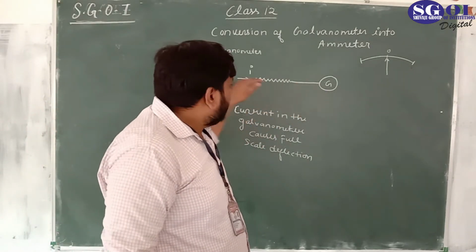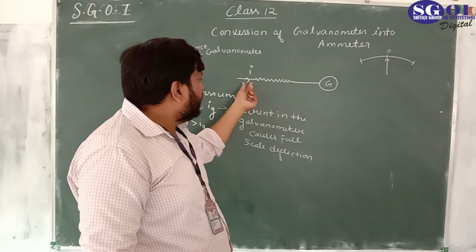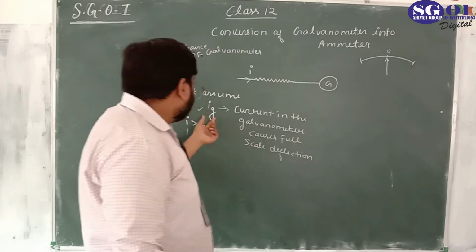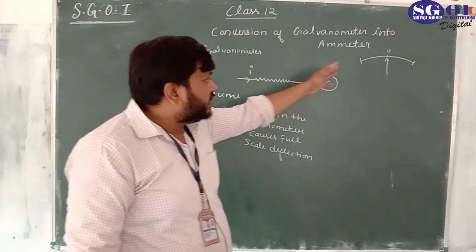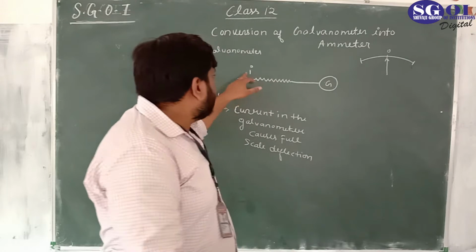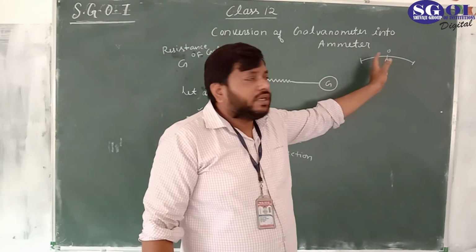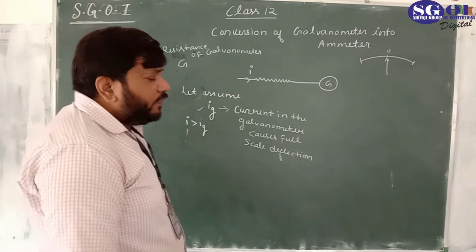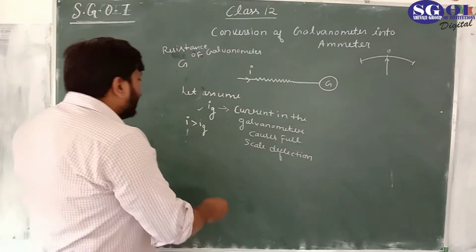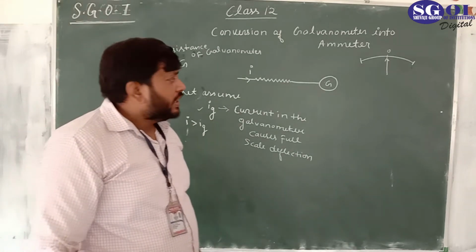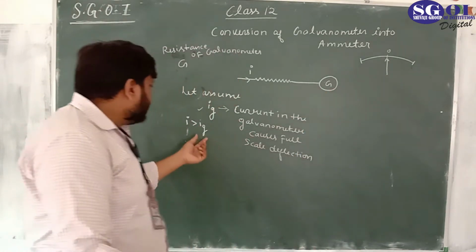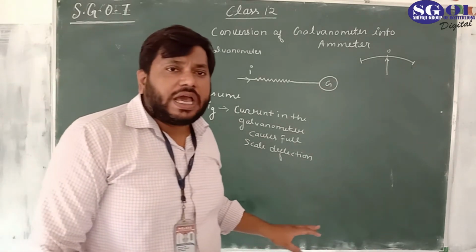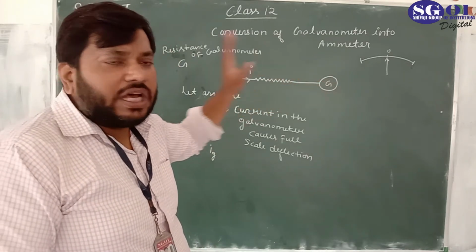We place a galvanometer in a circuit where the current is to be measured, and the maximum current in the galvanometer which produces the maximum deflection is Ig. This means a larger current could damage the pointer against the stop pin. So we have to ensure that the current in the galvanometer does not exceed Ig, which produces the maximum deflection in the galvanometer.